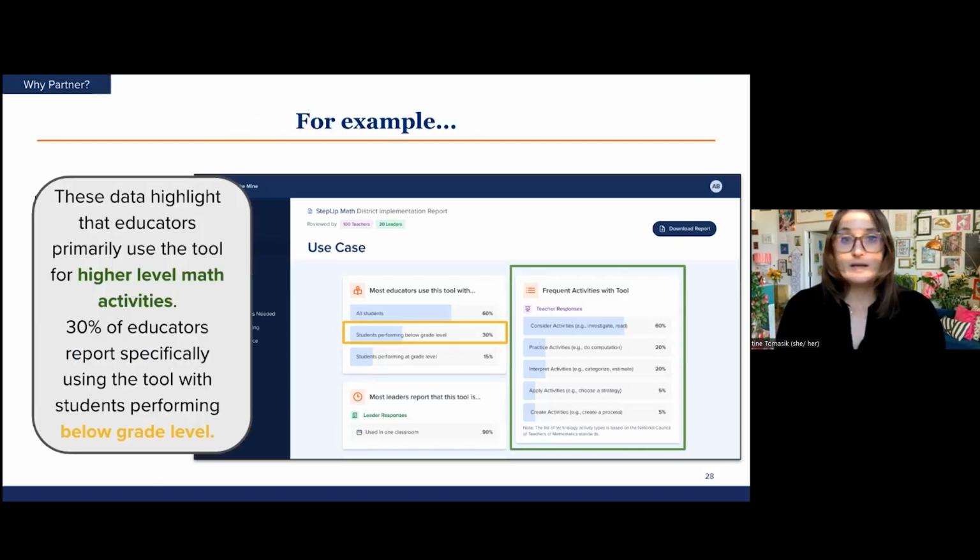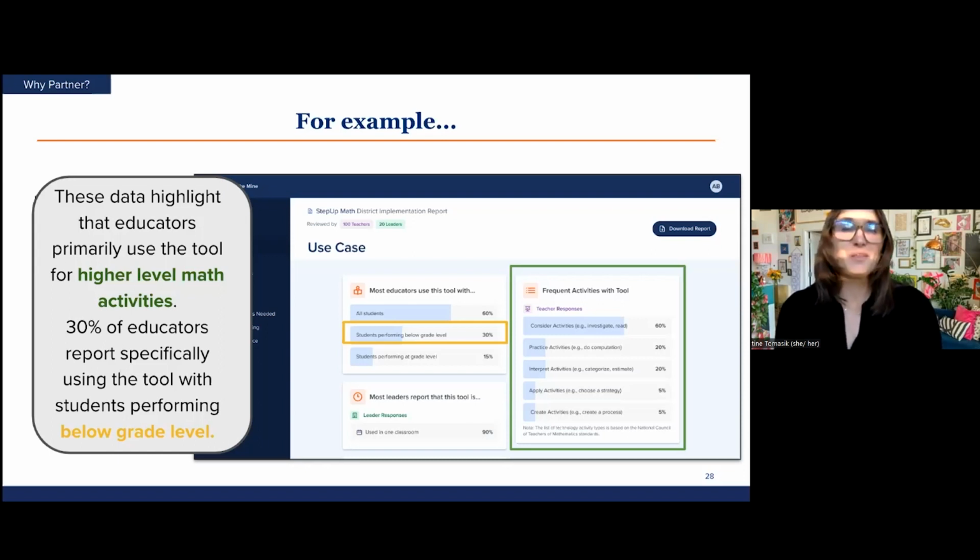The display on the right shows how frequently educators reported using this tool for different activity types. We know that students experiencing poverty are more likely to use technology for rote, drill, and practice activities, but only 20% of the educators identified using the tool for this type of activity. 90% of educators reported using the tool for somewhat higher level activities that ask students to consider, interpret, apply, or create with the math technology.